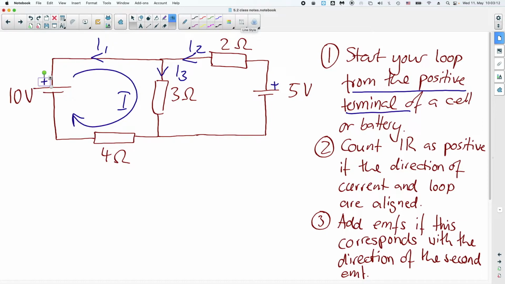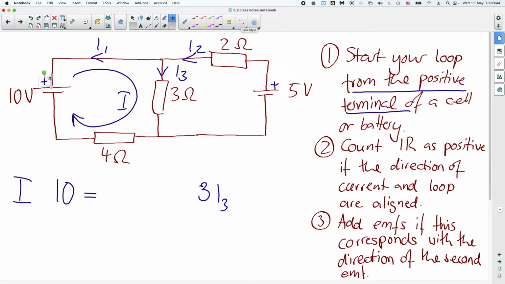If I want to set up my first equation, I would say 10 equals, so positive 10, because I'm starting from the positive, and then I'm going around, and here I'm going against current I1, and there's no resistor in this first section of the loop, so I can ignore that. And then I have I3 times 3 ohms,